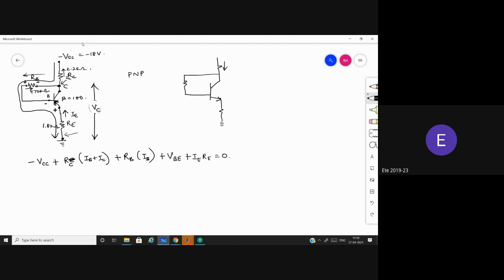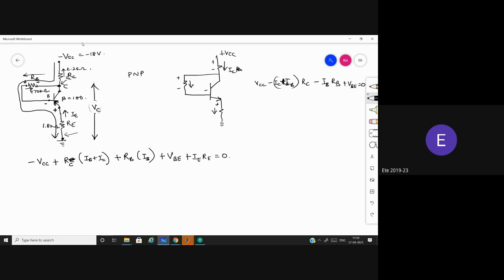In NPN transistor, plus VCC, IC, this one is IC, this is in this direction. IB will be in this direction, IE will be in this direction. So we have taken entering point as positive, leaving point as negative. So there we were taking VCC minus IC RC, or here IC plus IB into RC, minus IB RB, and coming here minus to plus VBE is equal to 0. This is what we were doing there.